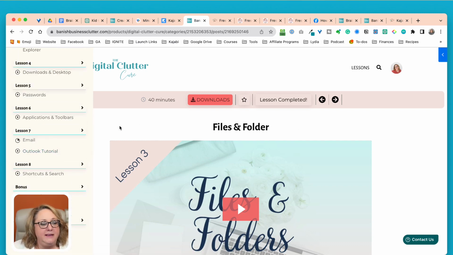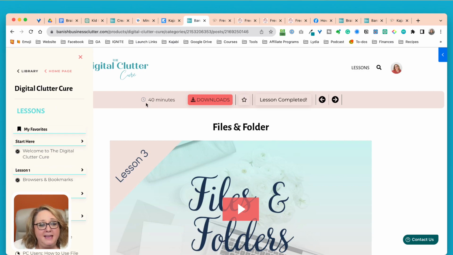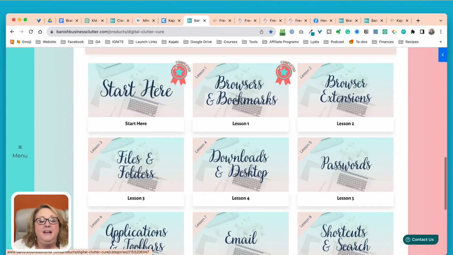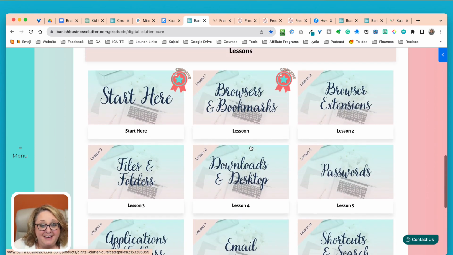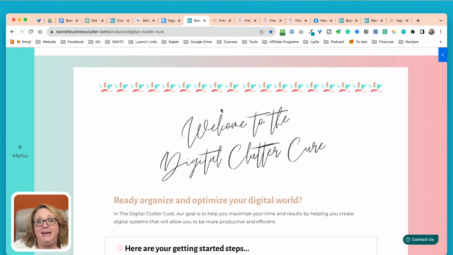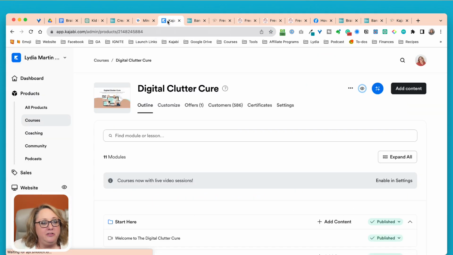So many features. In fact, one fun thing about this theme is that as people complete their different lessons, now this is in the Sunset Pro version, you can basically customize these little badges which go on each of the modules so people know when they've completed those sections. But isn't this awesome? This looks so different than our original version, and the theme is kind of what made it come to life.